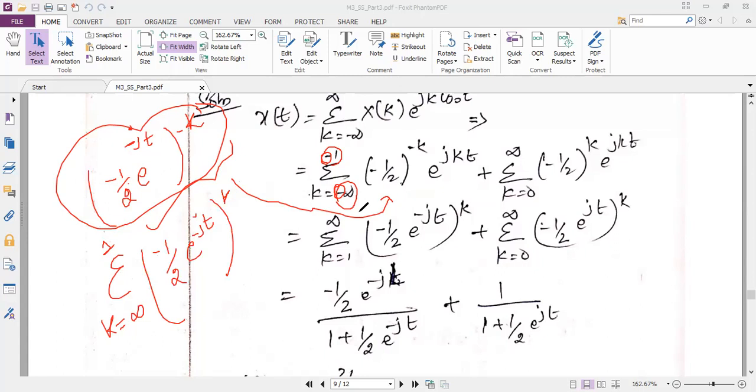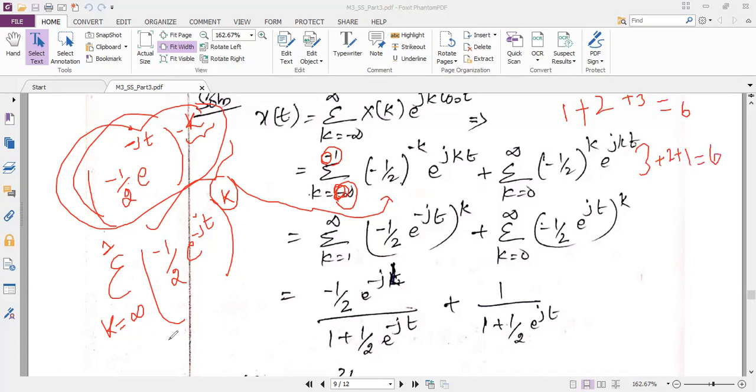See, originally, if you take the power k outside, I will be getting minus 1 by 2 e power minus jt the whole power minus k. But I don't want minus values in the limits. So if I want to avoid that, I have an option that the power can be changed. So earlier it was minus k, now it is plus k, and the summation is from k equal to infinity to 1. And you know very well, I used to tell the same thing: 1 plus 2 plus 3 is equal to 6. Similarly, 3 plus 2 plus 1 is also equal to 6. So there is nothing wrong in swapping the limits.